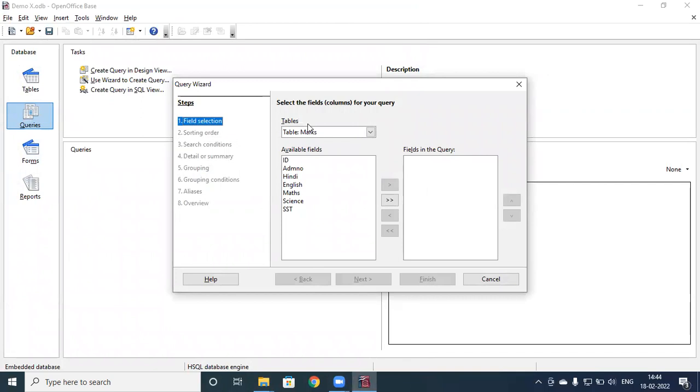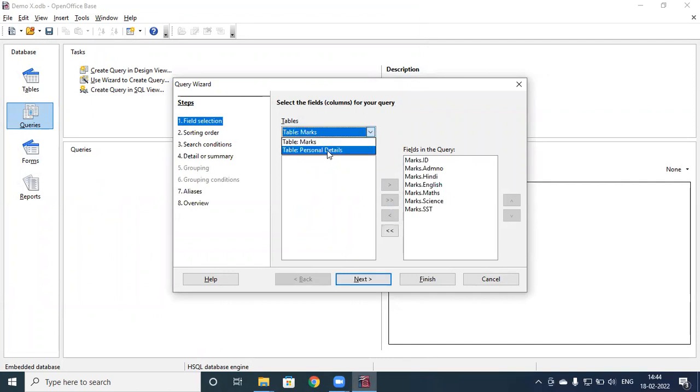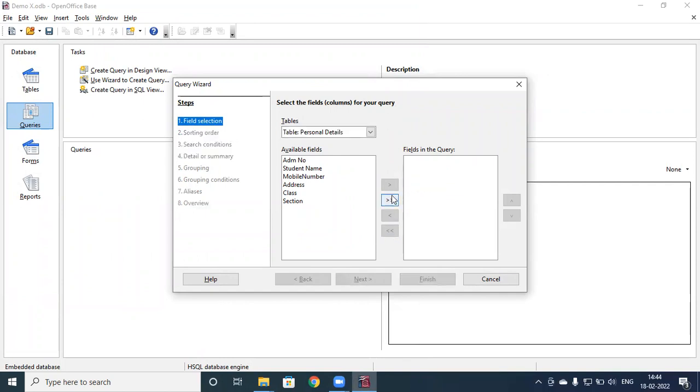So what do you want, which fields do you want? I want to display all the fields in my query, though if you want only some selected fields, you can choose those. Wait, I don't want it to display the marks table. I wanted to take it as the personal details table. So all the fields I wanted to display. Next,